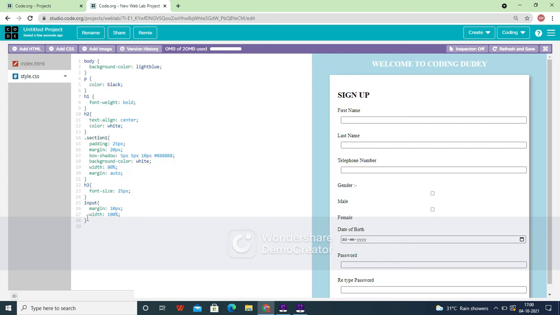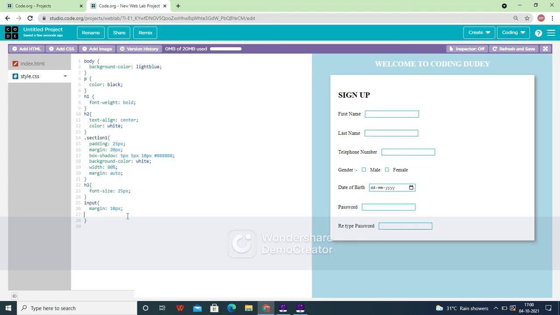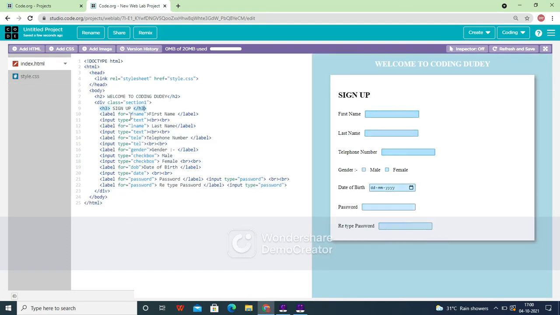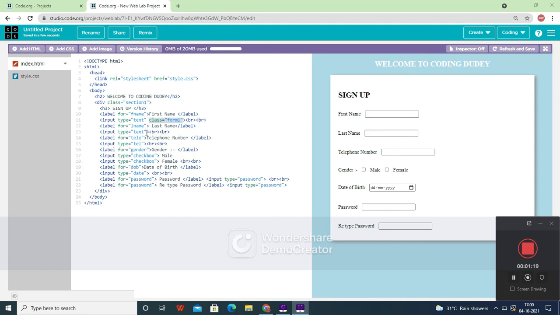Okay, so what you can do is, in order to set it, let's go back here, and in every input you have to give a class which is set to be form1. You can directly copy and paste it below.